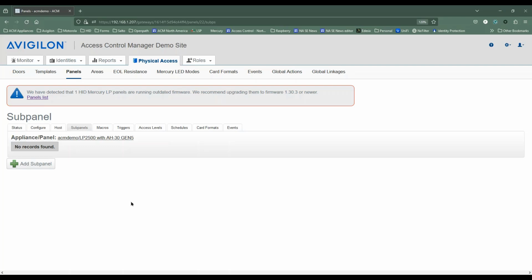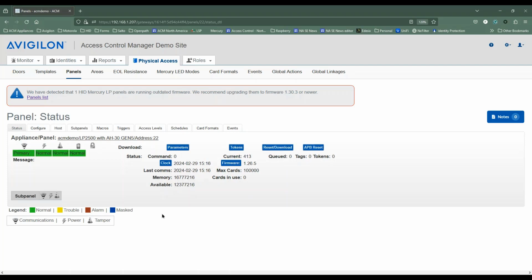You cannot have any other subpanel if you are installing or configuring an AH-30 Gen 5 in the controller. Okay, so let's go ahead. In this case, go back here. In this case, I could, because this controller is an LP2500, so it does have two RS-485